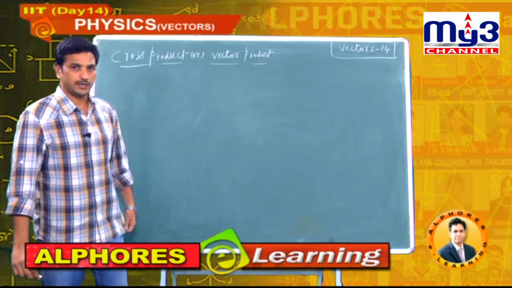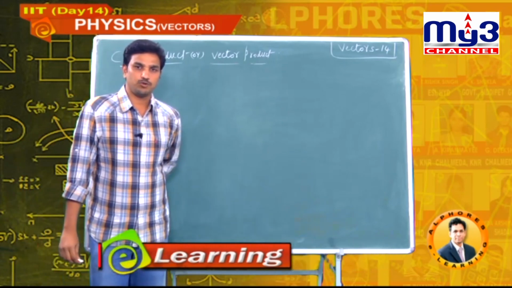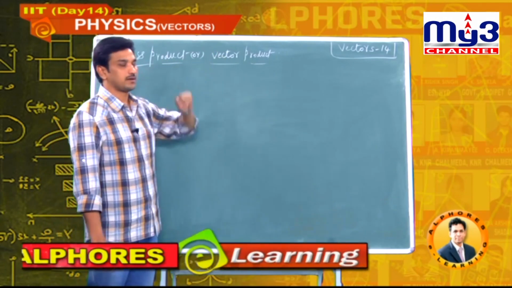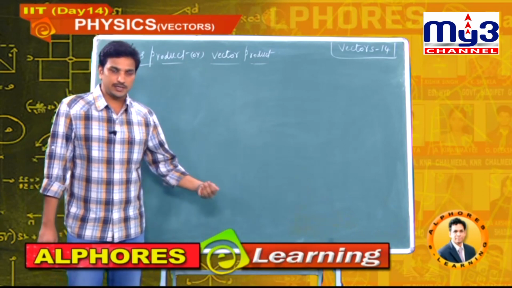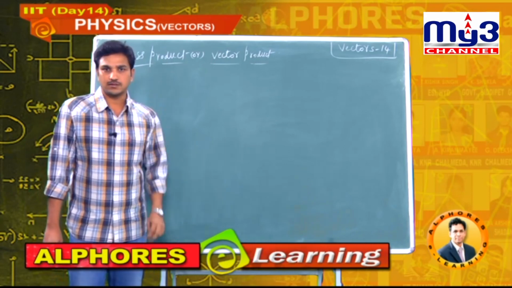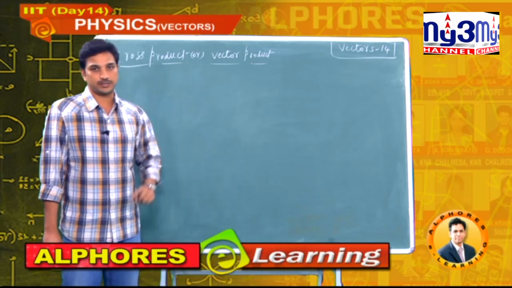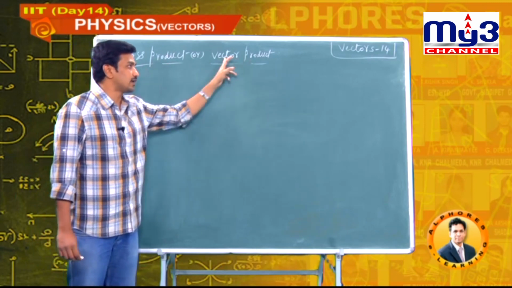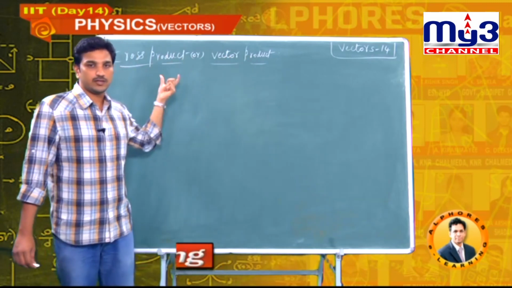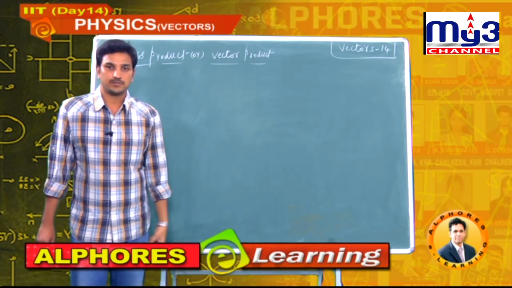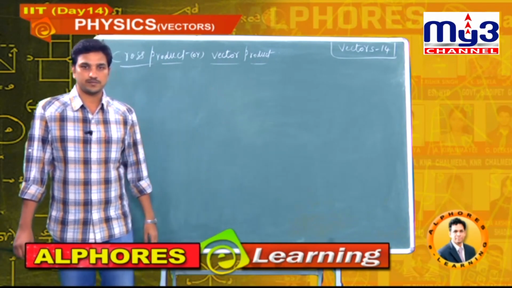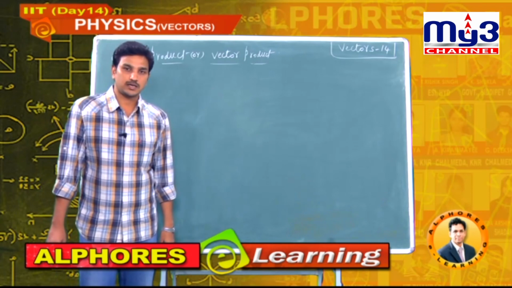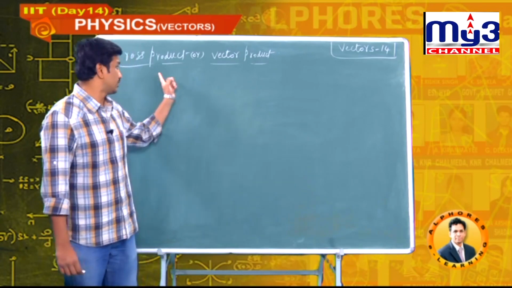See here, a very important point: the dot product of two vectors is a scalar, but the cross product of two vectors is a vector. In the previous case, if you multiply two vectors, we get a scalar, that is the reason it is a scalar product. Here if you do the cross product, the final result is a vector, that is the reason we call it the vector product. Where is this vector product useful in physics? Especially in rotational mechanics, to calculate rotational variables like angular momentum and torque, we will use this cross product.